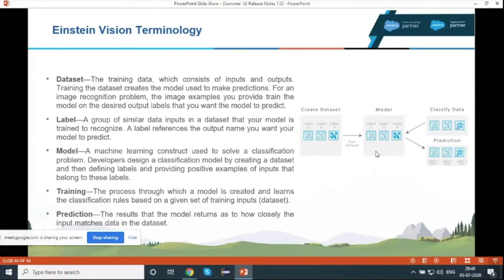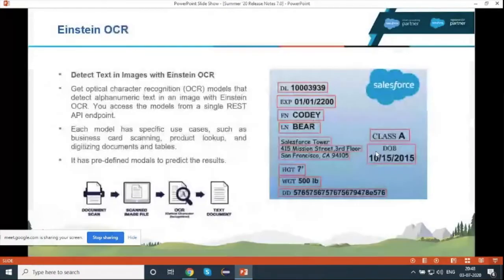Like suppose I need to create a folder for apple and name it apple. The apple in Einstein Vision is referred to as the label. Once we are clear with the dataset and label, we process it and get the model ID. And upon training of the model ID, we can get the prediction of the image.